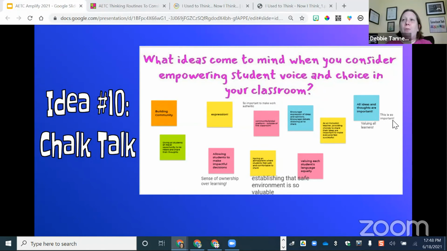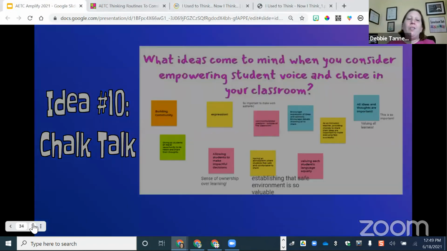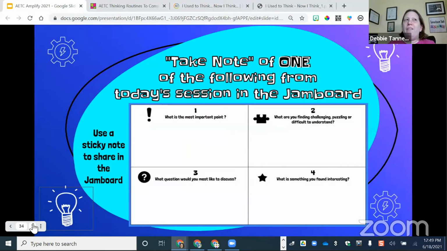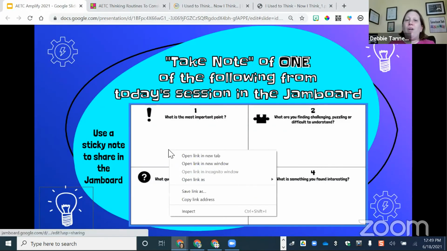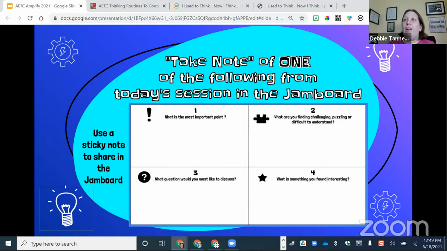It's a great tool, and I know that Kim, Matina, and Alice Keeler just published a really great book on Jamboard. One of the things that's really cool about this is then I can have a second page where I can ask them questions, which is the third part of this process. So we've gone through all 10 ideas and I've given you a lot to think about, and we're actually going to practice using Jamboard right now.